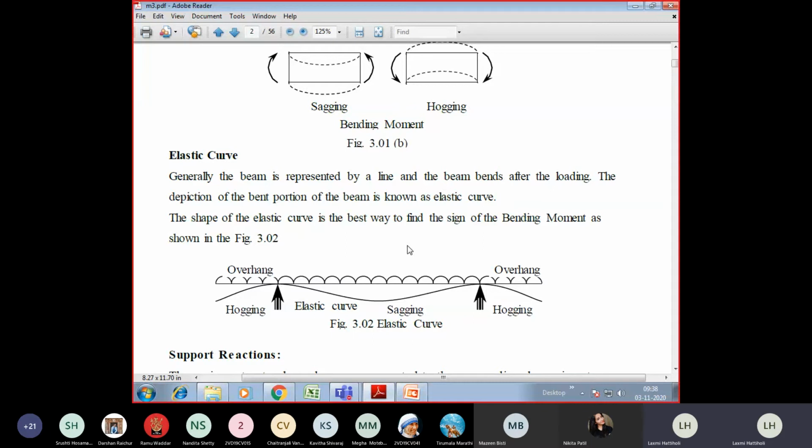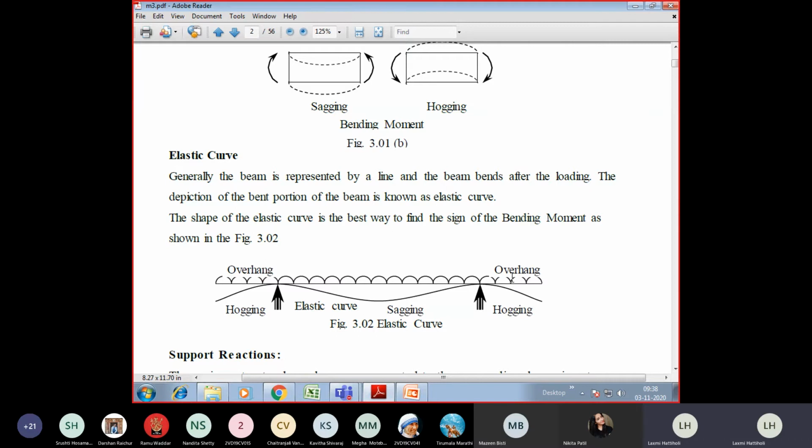Generally the beam is usually represented by a single line, right? Even in a similar way, in the diagram below, it has been shown as a single line diagram. So this is a beam. Now what type of beam is this? It is an overhang beam, is it not? What is the meaning of overhang? Some portion or some length of the beam is extended beyond the support. That is an overhang beam.